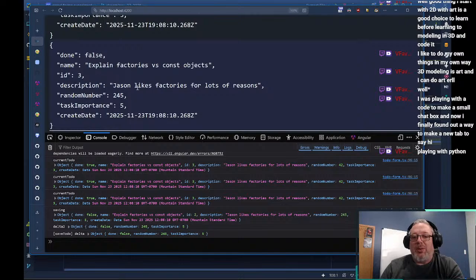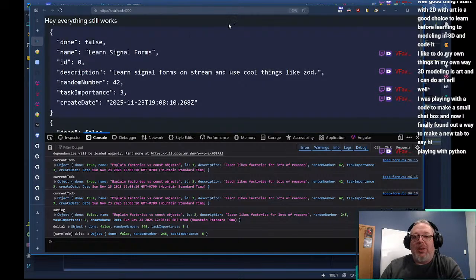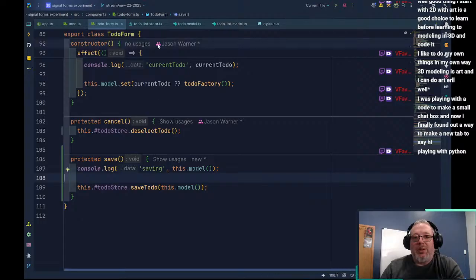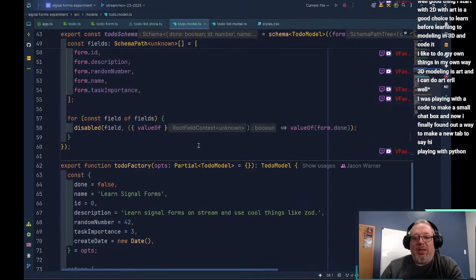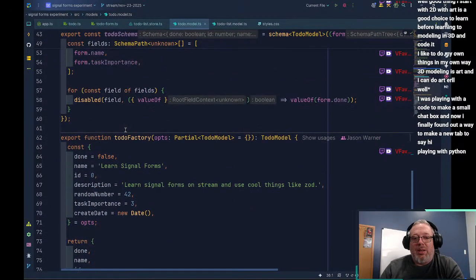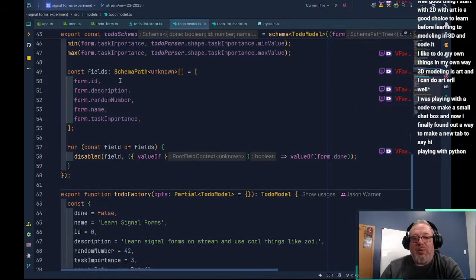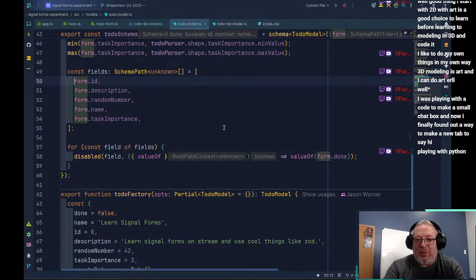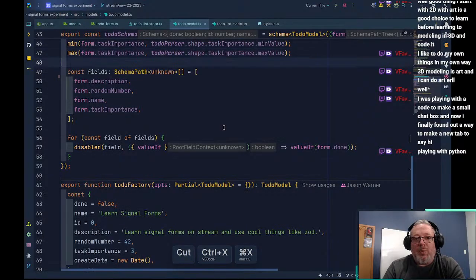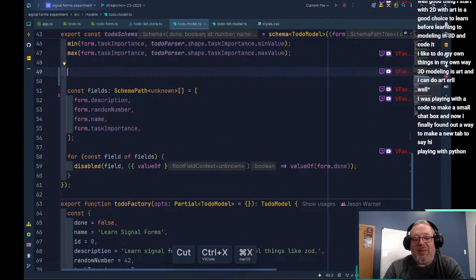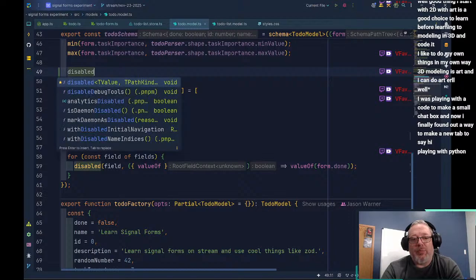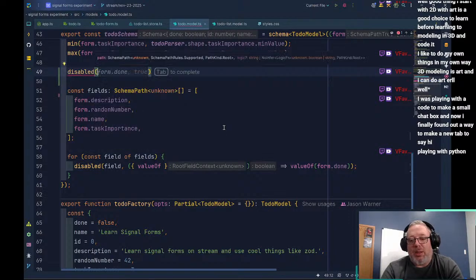So one thing we could do is come into our model, and down here, we can take form.id out. And what we could do is, for right now, we'll just do disabled form.id.